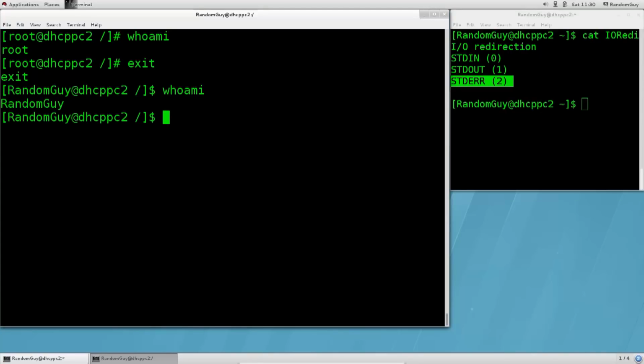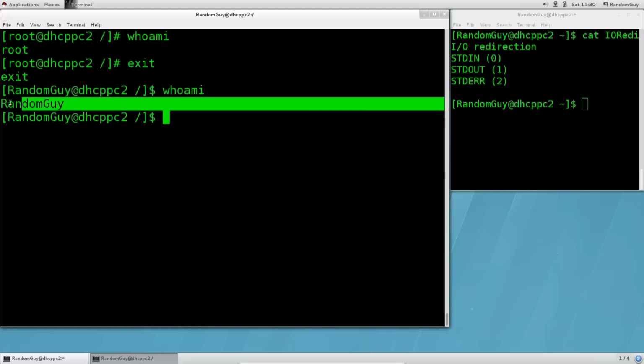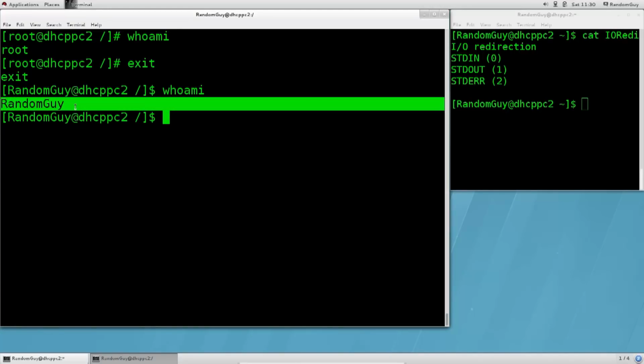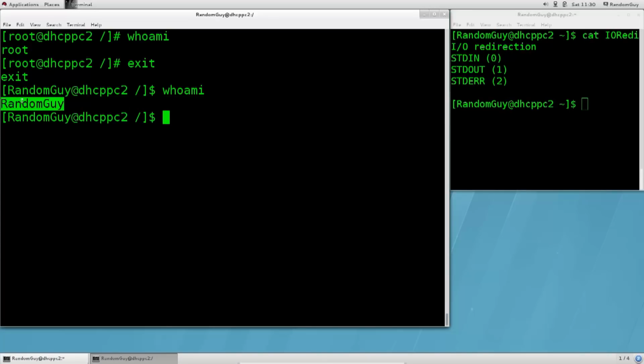That would be standard input, me typing something into the terminal or pretty much anywhere else. Standard output would be this return value that we get here, well, maybe not the return value, but something that gets printed out. It says random guy. That is the username of the current user. Anyway,